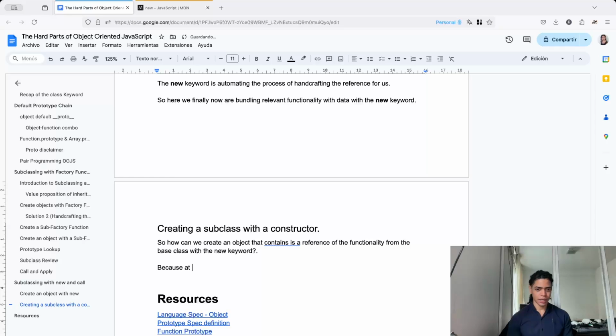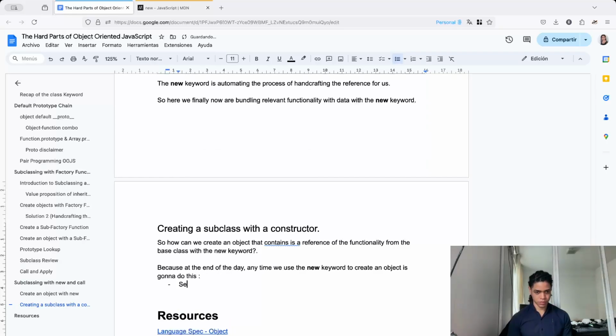Because at the end of the day, anytime we use the new keyword to create an object, it's going to do this: set the value of this to an empty object,